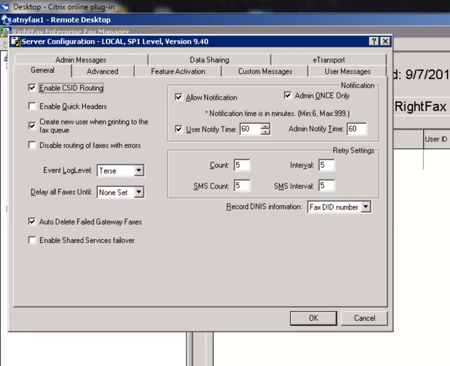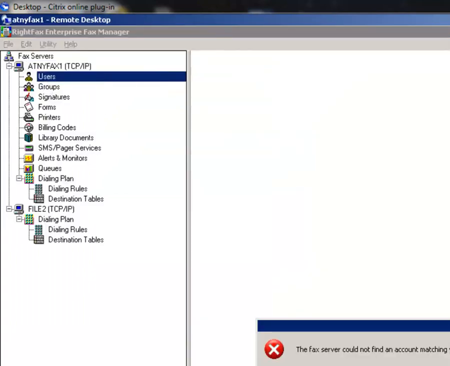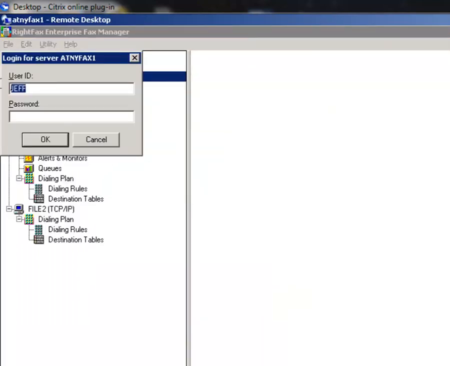You know what, before I close it, I want to make sure I didn't miss anything. I think we covered the server configuration pretty thoroughly. eTransport, you might want to put an SMTP host here. This is used for when you're sending an email from RightFax. I don't know if any of you know it, but from the fax utility, you can actually change where you put a fax number. You could put a valid email address, and if you do have an SMTP host name here that's valid, that works. And the other key is all your users need to have a valid return email address, and